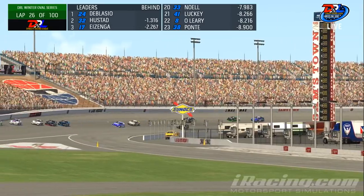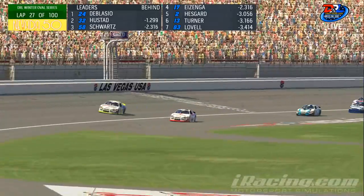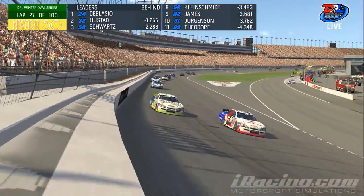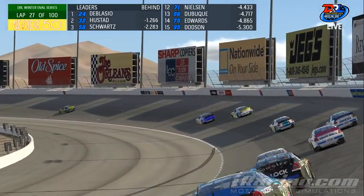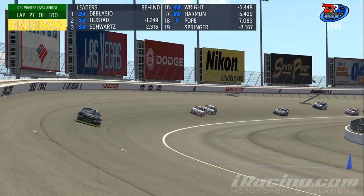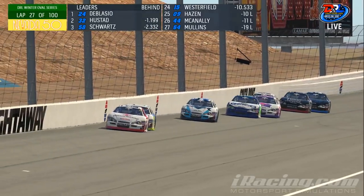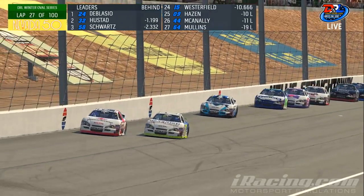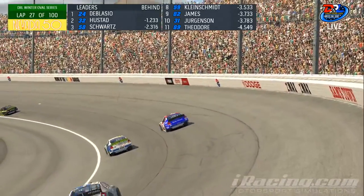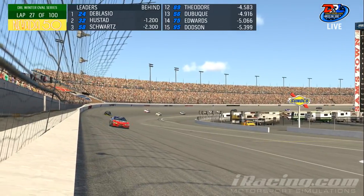Yeah. Up at the front, Wade Hustad has kind of chopped into that lead, but everyone else is just about single file here. Looking at this battle of Jonathan Schwartz and Ben Izinga. At this point in the race, it'd almost be wise for Ben Izinga to just sit back behind Jonathan Schwartz and make sure he's not wearing out tires. And just as I say that, Ben Izinga to the inside. Of course. I was just getting ready to say, you don't think that's going to really happen after what we saw last night,